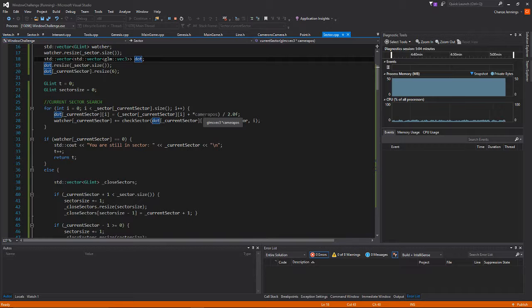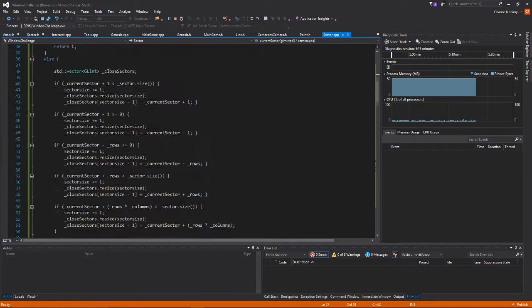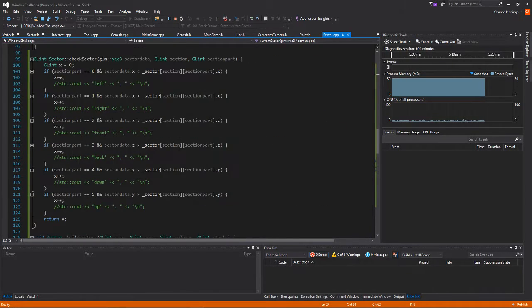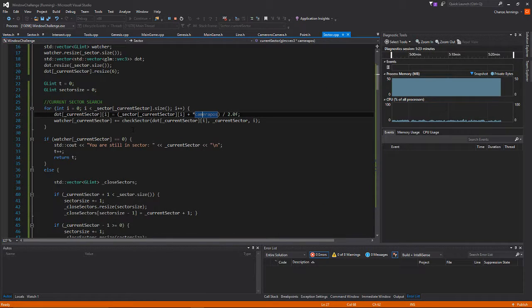And then if that camera position is greater than, or less than if you're talking about the negative, and that's all done in these if statements down here, then it will add 1 to this watcher